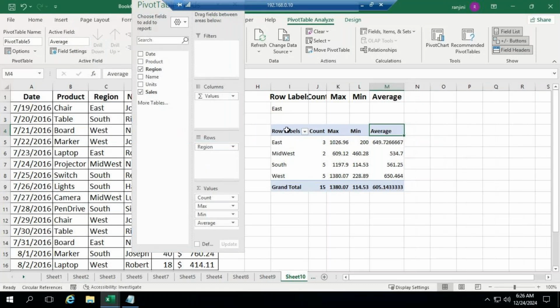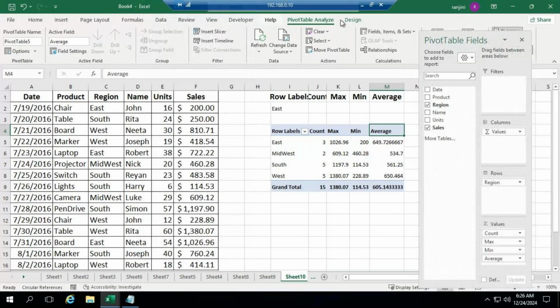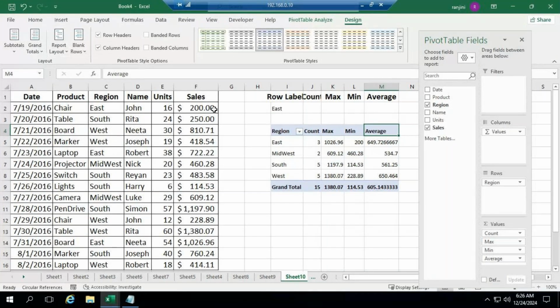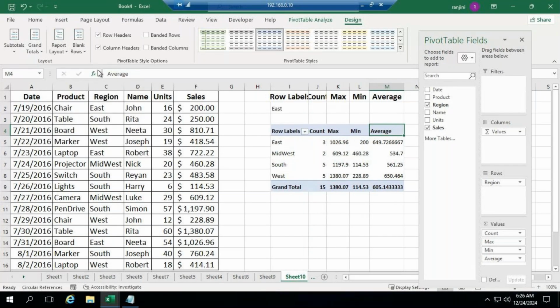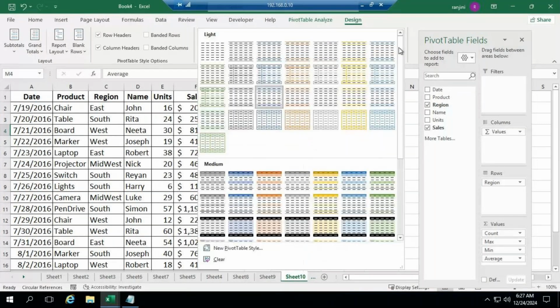So if you want this formatting to be changed, you can go for this report layout. If you want tabular, it will show you region here. If you select compact, it will show you row label. It's not showing you the heading as region. If you want tabular, select tabular. Okay, if you want to change the pivot table style, choose whichever style you want. Okay,